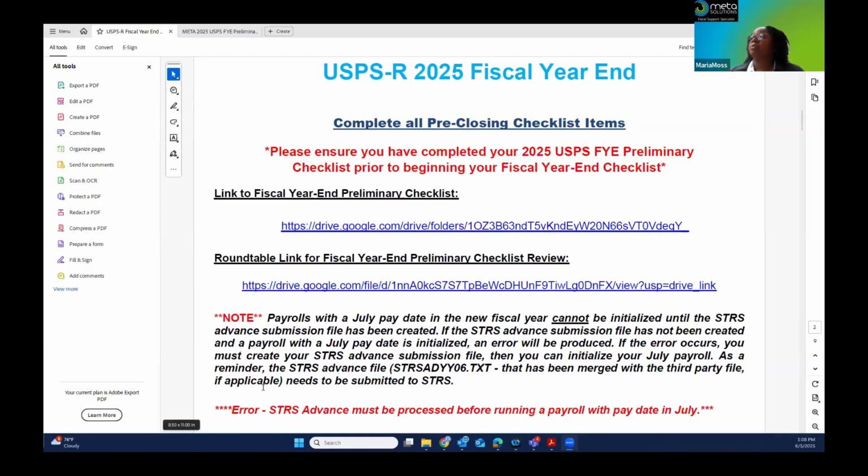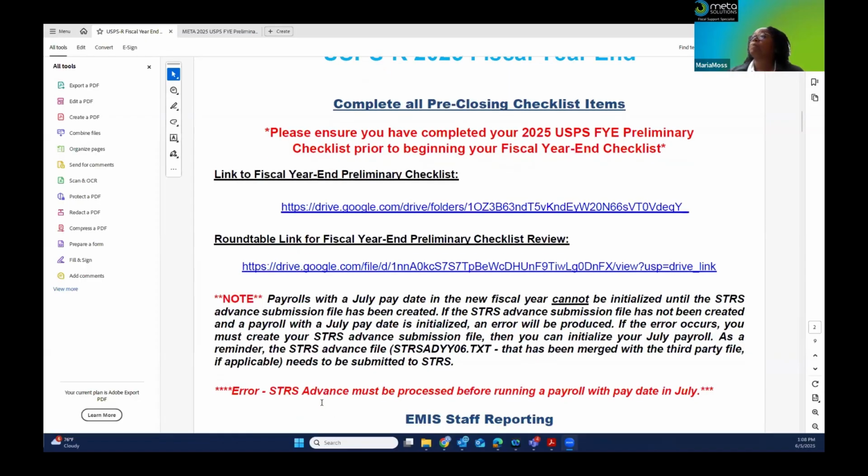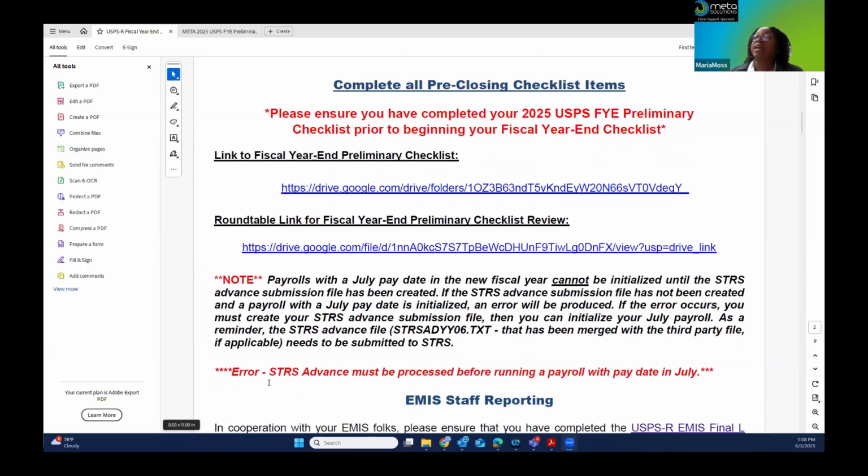Also remember that if you are a district that does use a third party for your STRS and you do need to merge your files, make sure you do that before you submit it to STRS. And here in red is the error that would happen if you do try to initialize a July payroll and you're not in STRS advance.